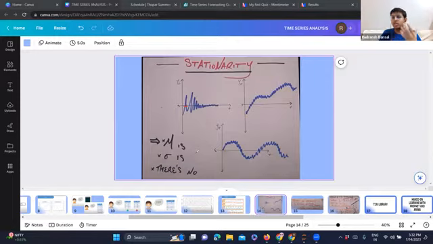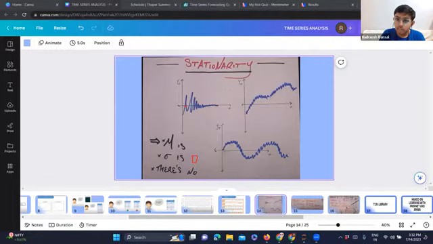Certain models like ARIMA, if I take an example, require that the data should be stationary. So here we need zero standard deviation, you can say. Only when zero standard deviation is there, then there is this condition of stationarity. So that's the first condition.